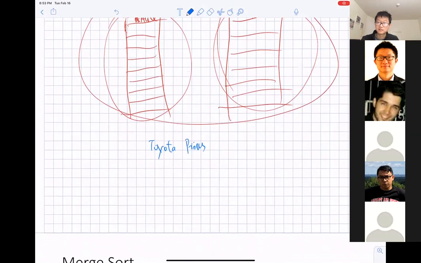Okay, or maybe a Tesla Model S. Okay, Tesla Model S. So if you are given these two cars, no matter where you're going, which car are you going to drive? The Model S, because it's always faster. It's always better, right?